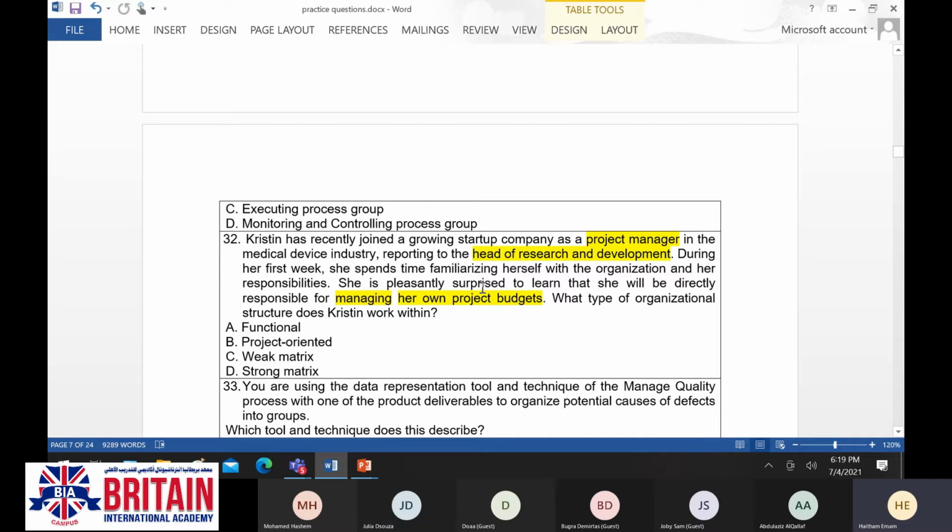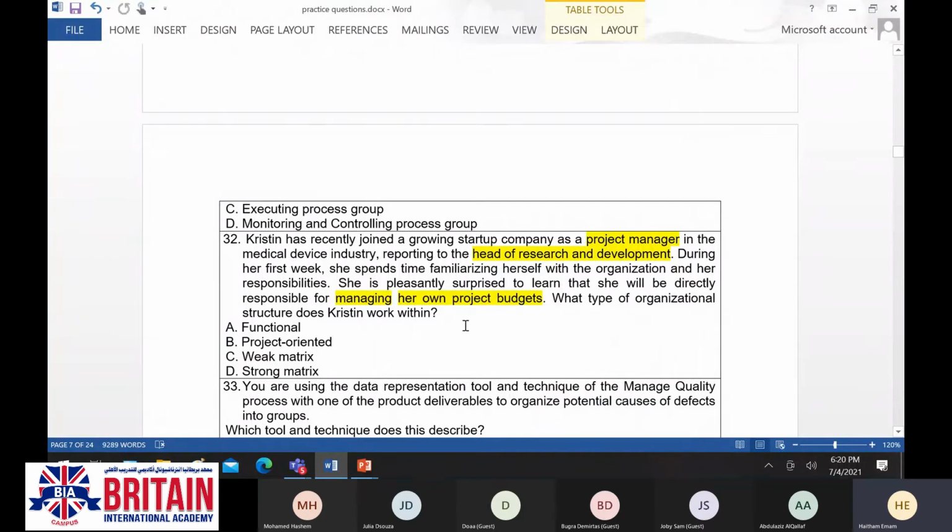If you remember when we were discussing the organizational structures and how they impact the projects, one of the structures was project oriented, where the project manager is working full-time on projects. He has full authority on each and every tiny detail in these projects. On the far right, we have the functional organization, where the project manager acts as a project coordinator.